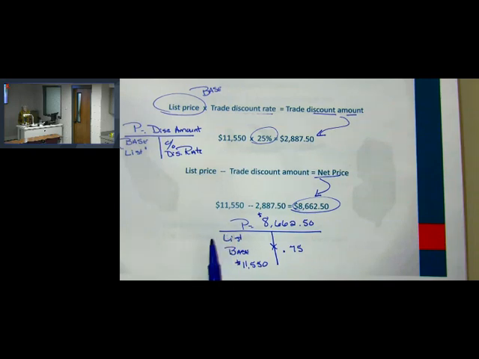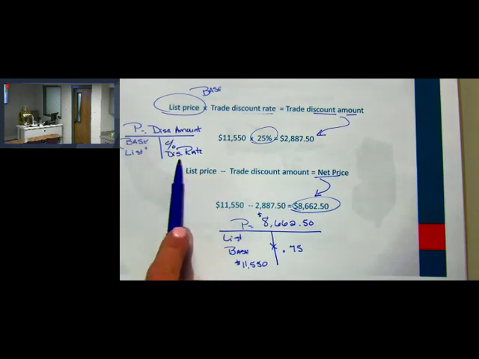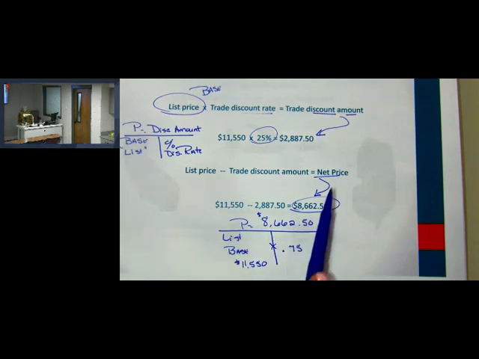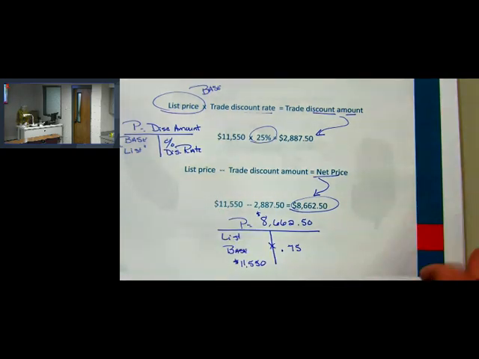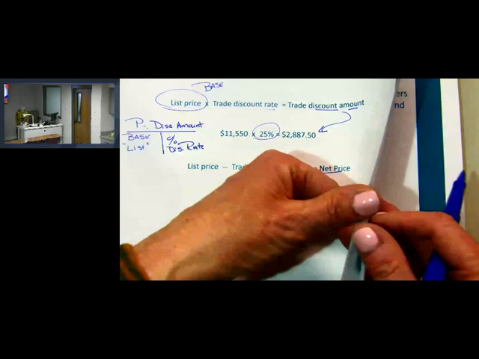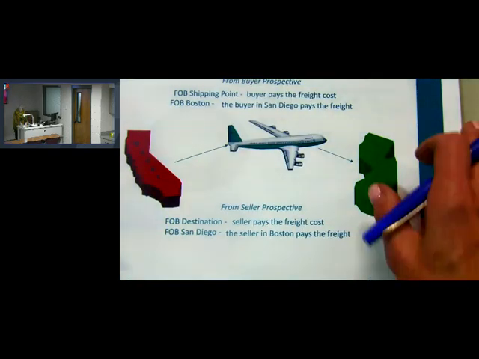All right? So again, the point that I want to make with these two pie diagrams is, again, list is always base. And in problems with regard to trade discounts, you'll always have two portions. The portion is either going to be the discount amount. If that's the case, always make sure you're using the discount rate. Or the portion can be the net amount or the net price. In that case, always use, again, 1 minus the discount rate. And I'll talk about that again. All right, so that's very simple. And again, we're probably most familiar with that because I think all of us have enjoyed a trade discount or two.